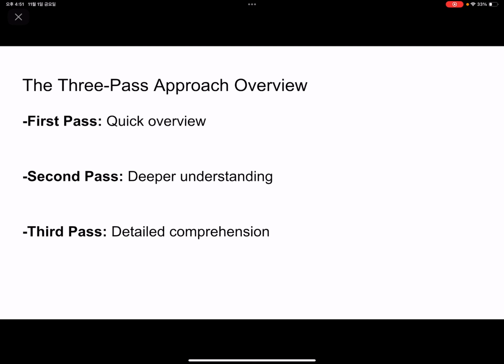For the third pass, this is where you engage deeply with the paper's content. Attempt to virtually re-implement the research. This means making the same assumptions as the authors and trying to reproduce their research, if possible. By comparing your outcomes to those presented in the paper, you can uncover both innovative aspects and potential flaws in